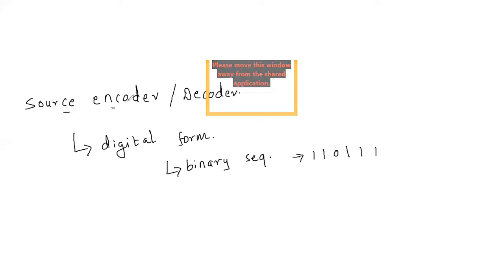Now the source encoder does not blindly convert information into similar digital patterns, because during transmission of the information we also need to focus on the optimum utilization of the bandwidth. In a communication system, mark my words students, bandwidth is the costliest thing. Any vendor or any Airtel company owner pays for the bandwidth. We also pay for the bandwidth. We pay the phone bill for using the channel. So this is the costliest thing.